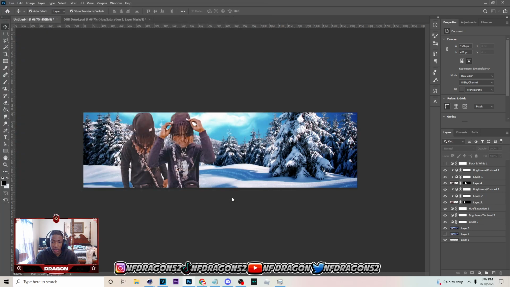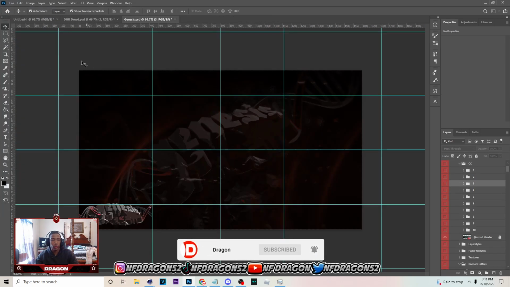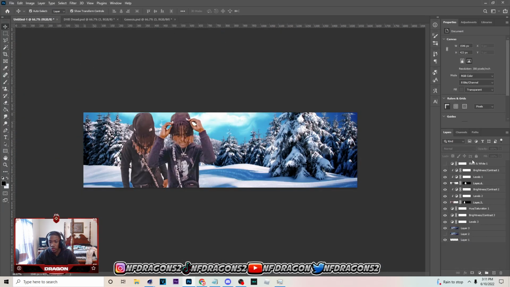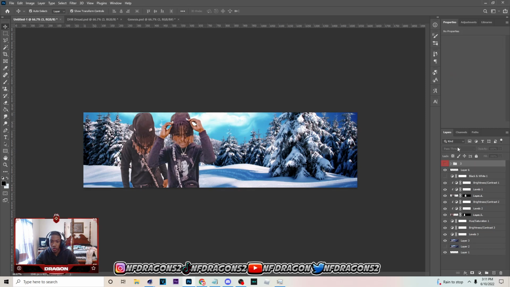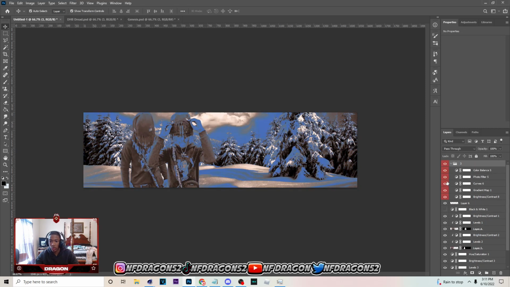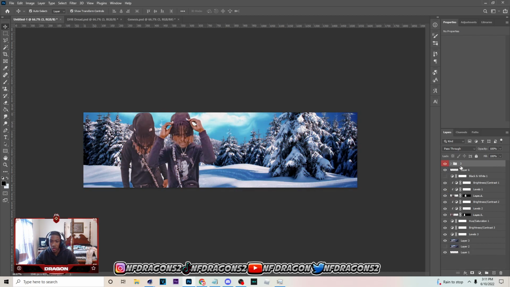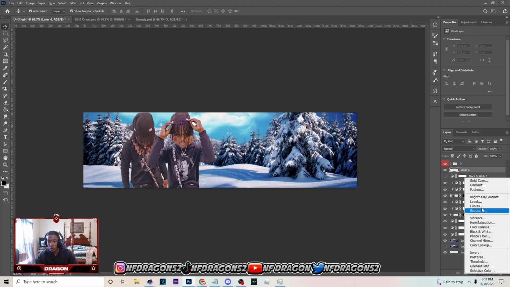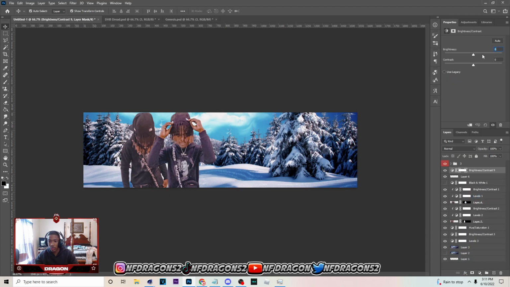So I'm gonna go get the CC out of here. The number begin is number 3. I'm using all my banners. Just hit Control C on it, and then come in here, hit Control V, put it on, and you want to take out the photo filter, gradient map, and the brightness and contrast. So now that you've done that, what you want to do is go up here, and you want to go to brightness and contrast. You want to add your own brightness on here, add your own contrast,